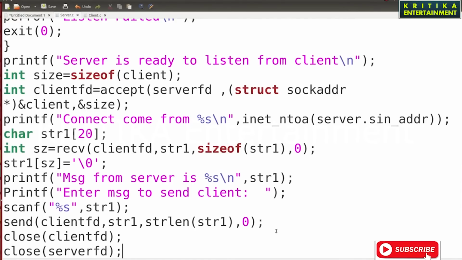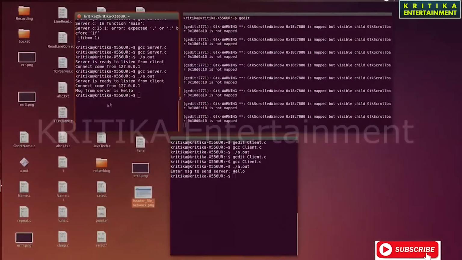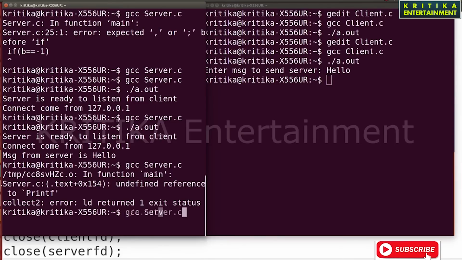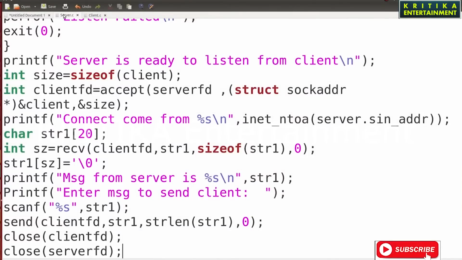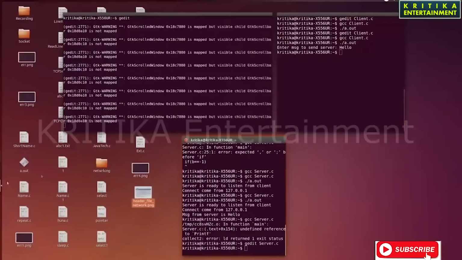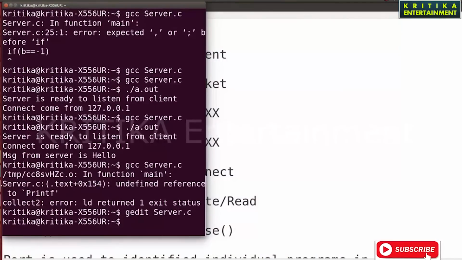Then we see, I'll run the program whether it is working or not. I'll run this server. On the server reference, why is it not displayed now? The printf spelling is a mistake. Here the server needs a small p, not a capital P. So I'll go here.